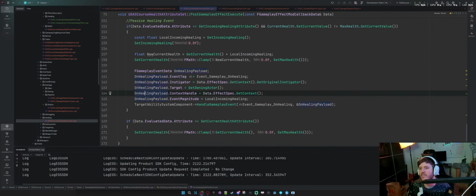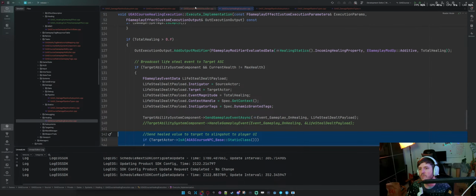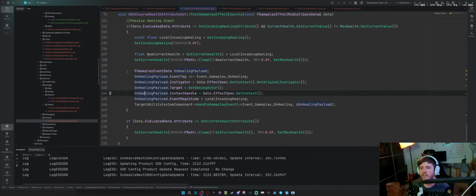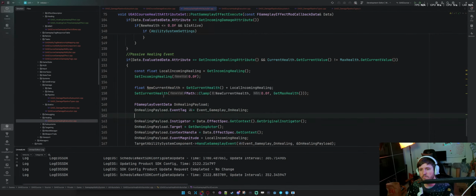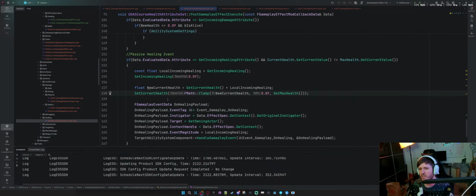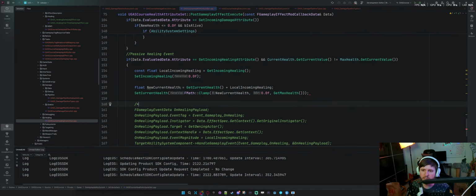Event gameplay on healing. So it seems as if either this one's redundant or this one's redundant. So I'm going to assume the one in the active one can be removed, and we won't lose any functionality. We'll have to test that too.